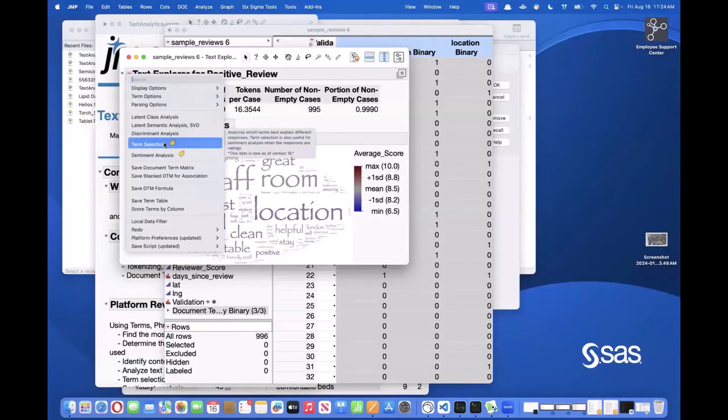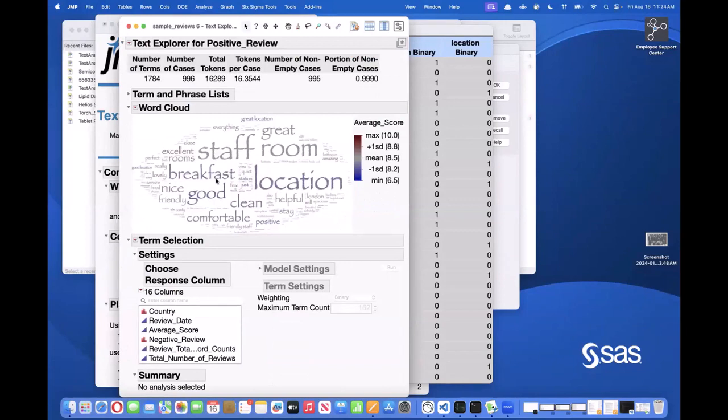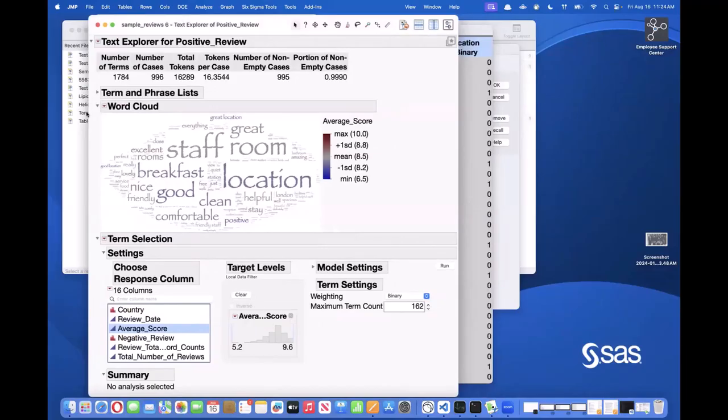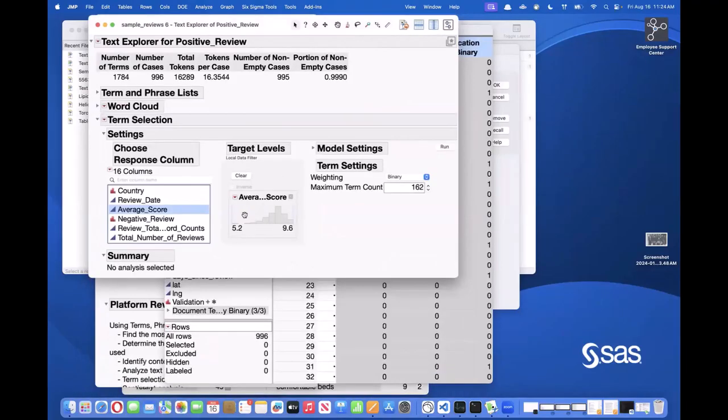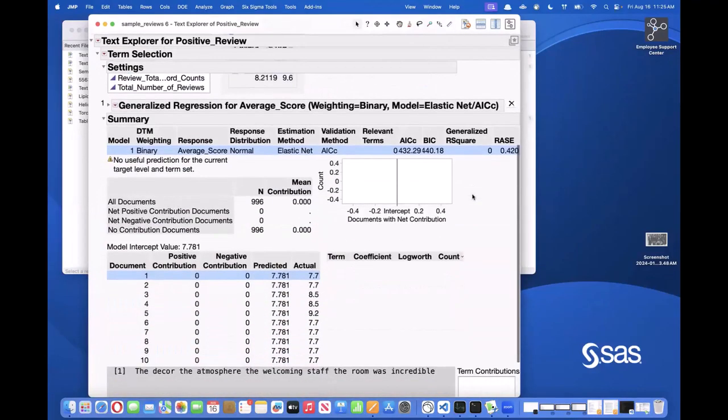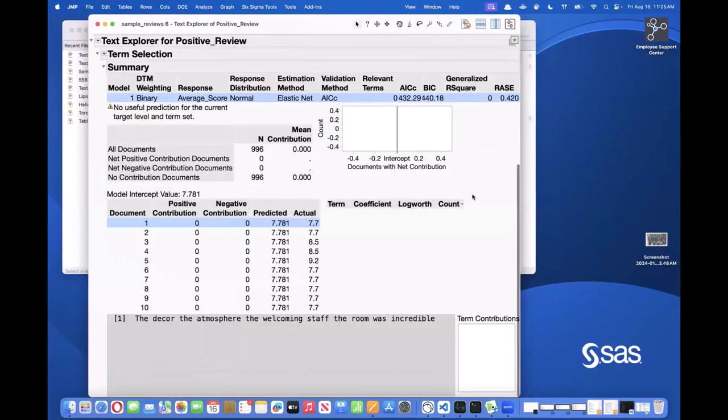So I mentioned term selection. This is probably going to be one of the most important, most used ones. If I click on term selection, it's going to ask me what my response column is. Let's say my response column is my average score. Now it's going to ask me what my target level is. I want my average score to be as high as possible. For the model settings, it's going to use generalized regression in the background. All I have to do is click on run, and it's going to select which words are most helpful to a particular